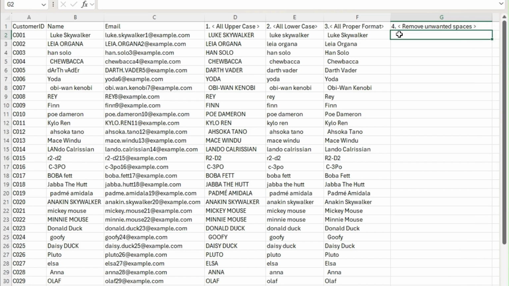And lastly, to get rid of any unwanted spaces in the cell, you would use the trim function, which is trim, hit enter,